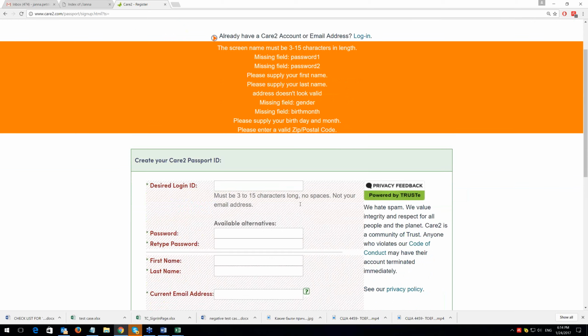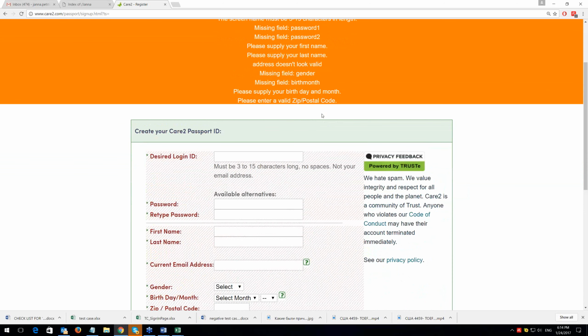But even more, on the top we see the red banner, and we see everything there: missing field, please supply first name, last name, address doesn't look valid. What address? I don't know, they're funny. They probably mean email address.